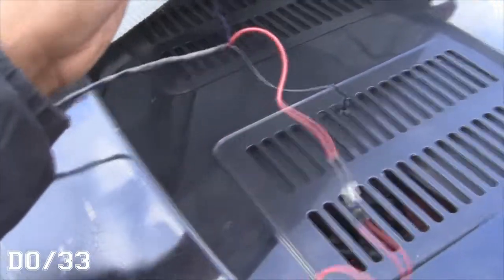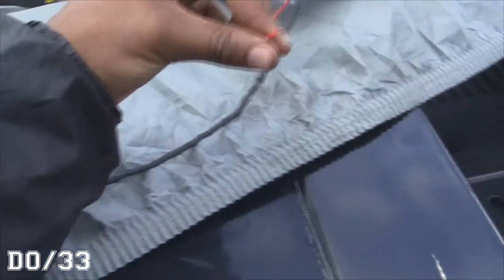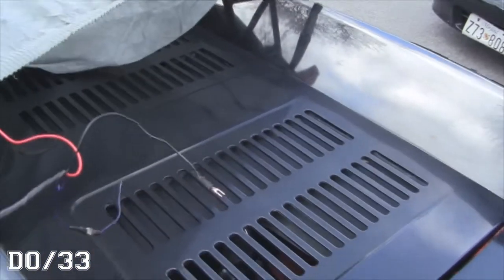I did get the one feed line all the way over here, so it's gonna go down there like that and connect into the filter. But the return line is all the way over there, and I'm still gonna have to figure some stuff out for that, because for now it has to go from a 3/8 to a 1/4 inch, which is -6 to -4, which is the fuel line hose on the regulator. So yeah, I'm gonna go ahead and